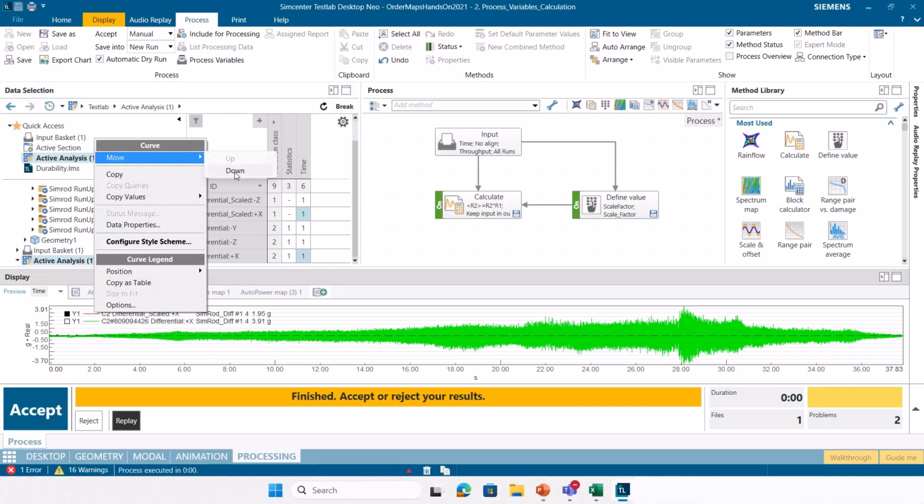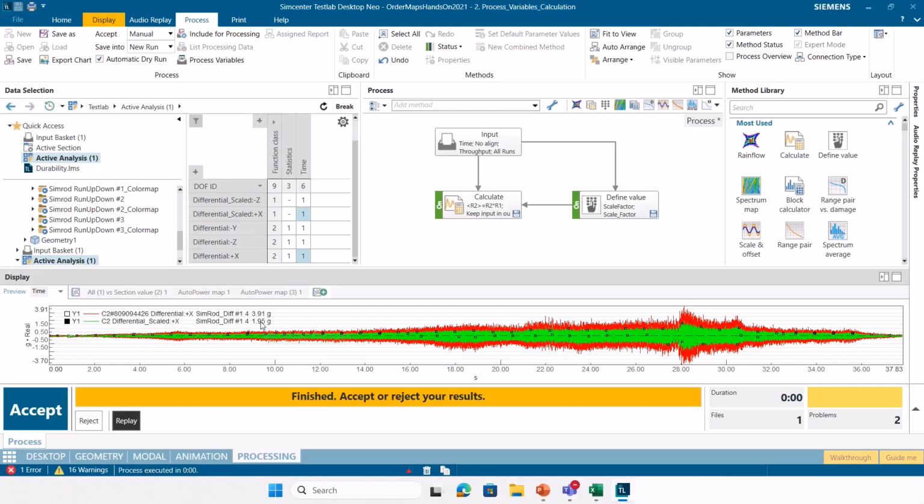So let's move this down, and you'll see this is indeed half the value of my original channel. So these conditional variables, these variables based on things like the channel name or the run name, give you a lot of flexibility in defining these different parameters that you might want to use in calculations in your TestLab Neo processes.